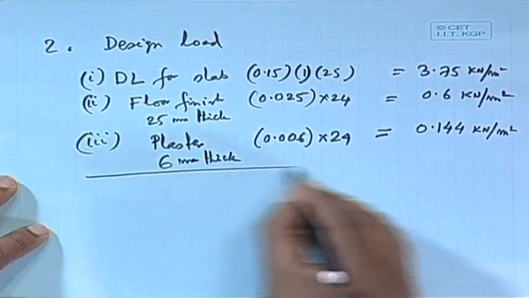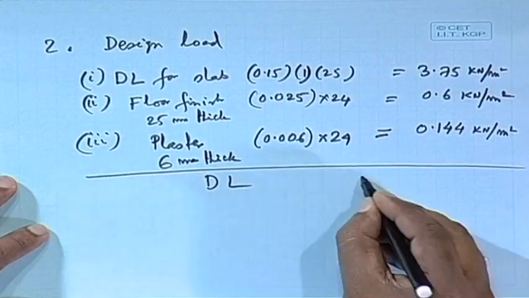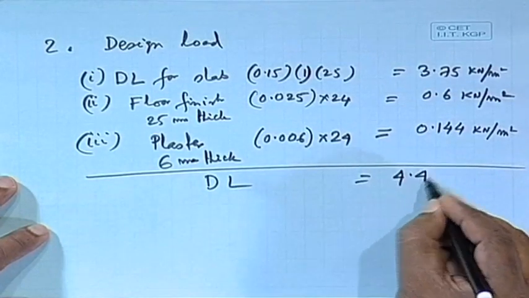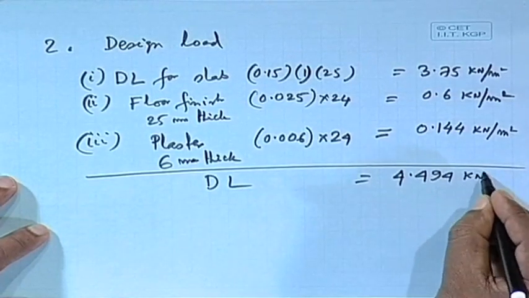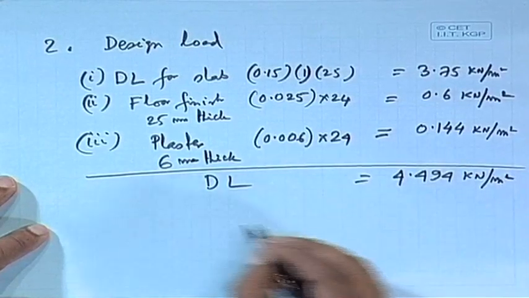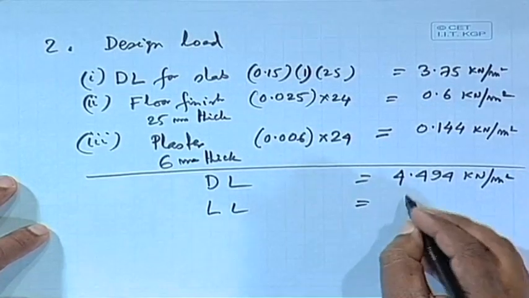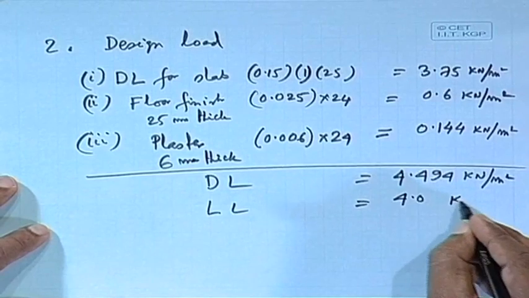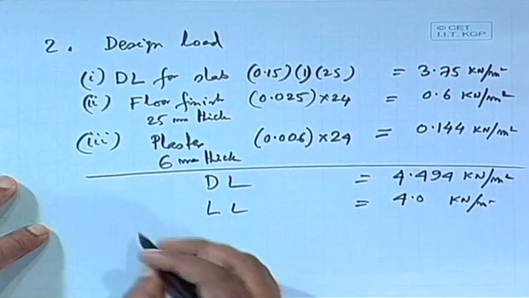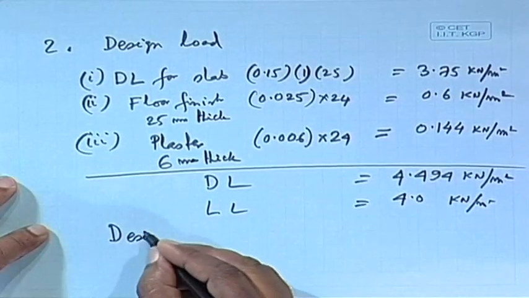So, we can get the total dead load equals 4.494 kilonewton per square meter, and live load, that is 4 kilonewton per square meter. So, design load